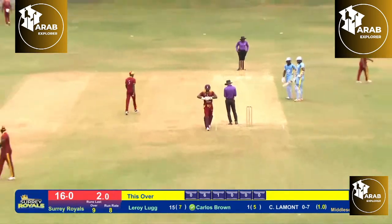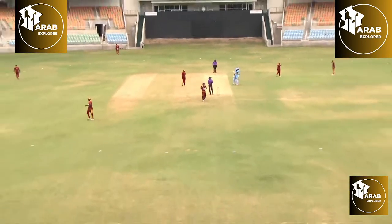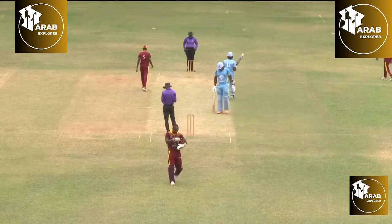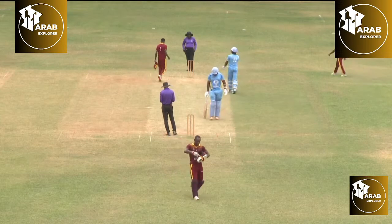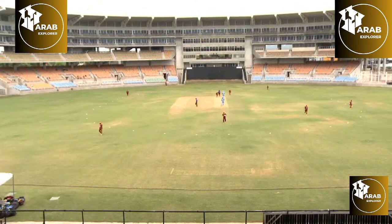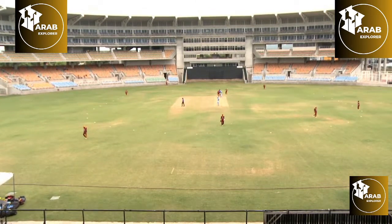But bowling to Brown, to be honest, Brown finding the man at mid-wicket, not once, not twice. But the fact is, Brown was trying to move inside the crease, come down the track, and he saw that and he dropped it short. Now, the fact is, Brown was trying to turn his deliveries into a full toss. Never got to the pitch. And I thought, good